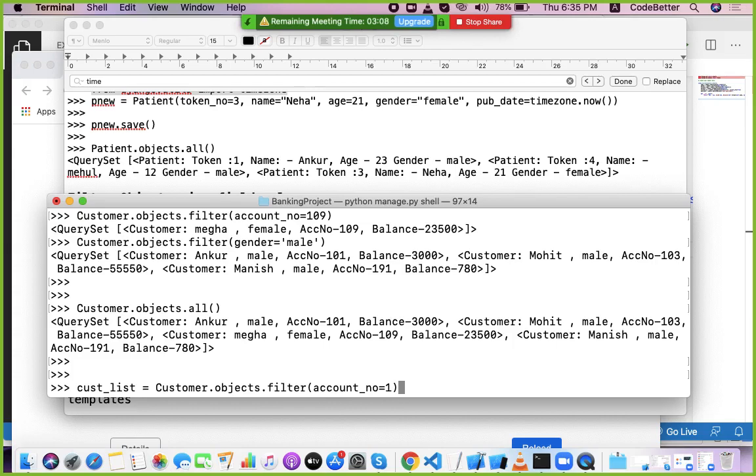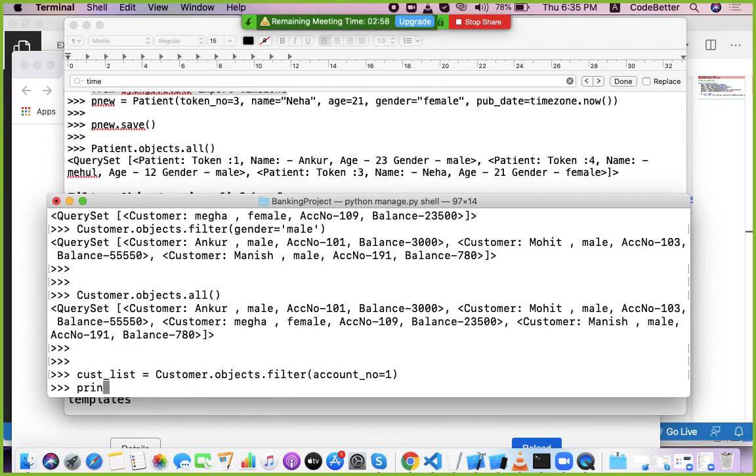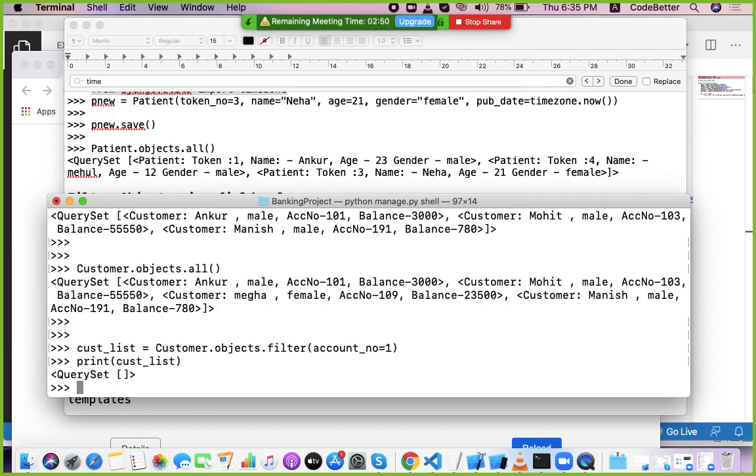Got it? We'll get the account number 1 data only if I print cust list. Sorry, account number 101.